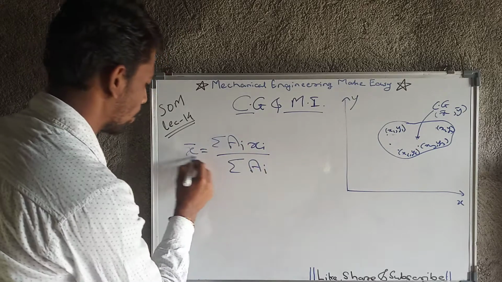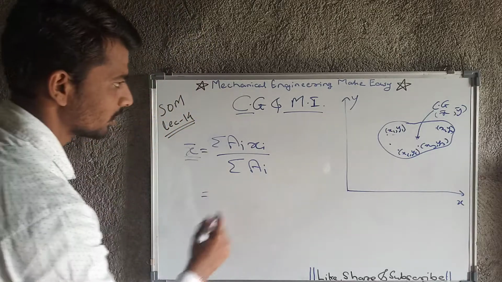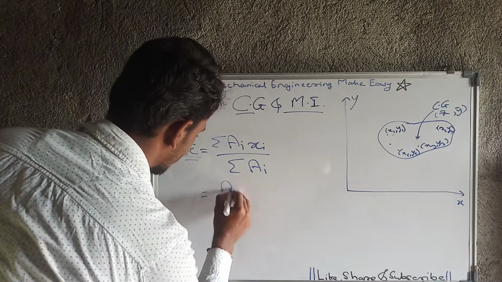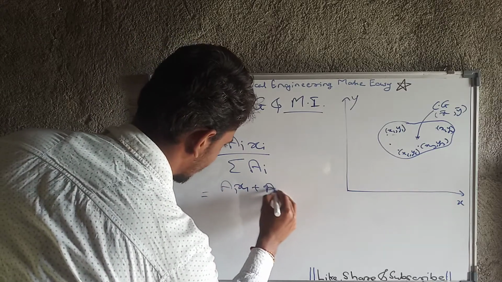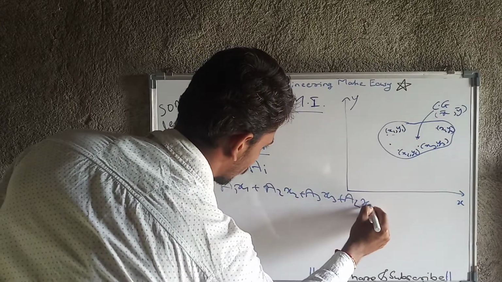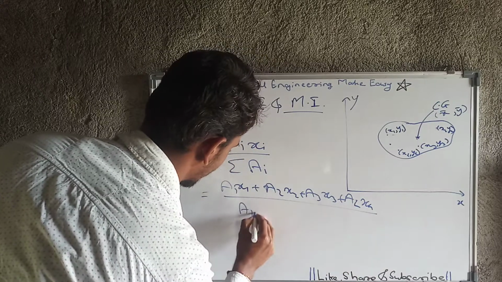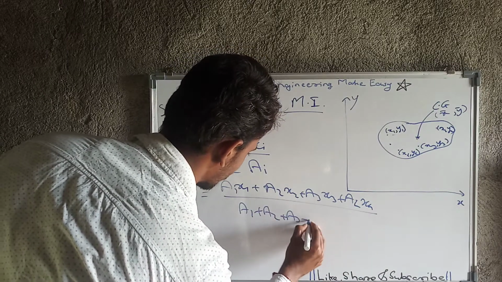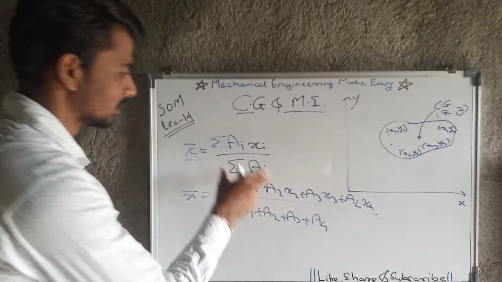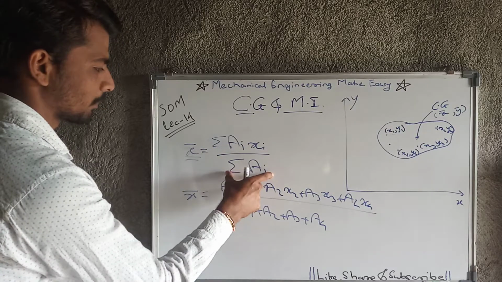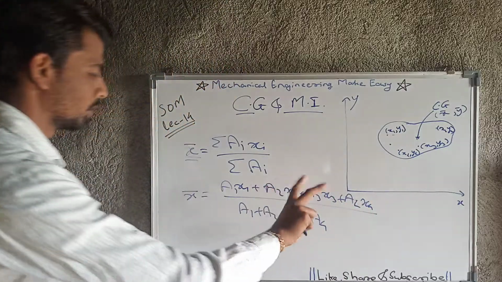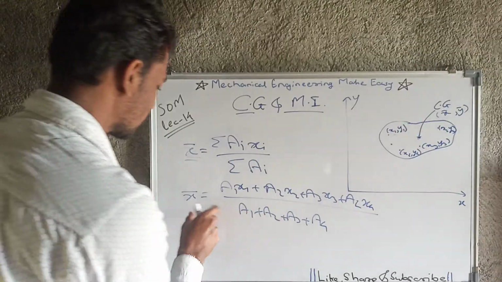And how are we going to calculate x bar? For example, if we have considered 4 points in the figure, then x bar is a1 x1 plus a2 x2 plus a3 x3 plus a4 x4, divided by a1 plus a2 plus a3 plus a4. How have we calculated it? Just the summation of ai xi upon summation of ai. That means for the number of positions we have, we add them into this equation.